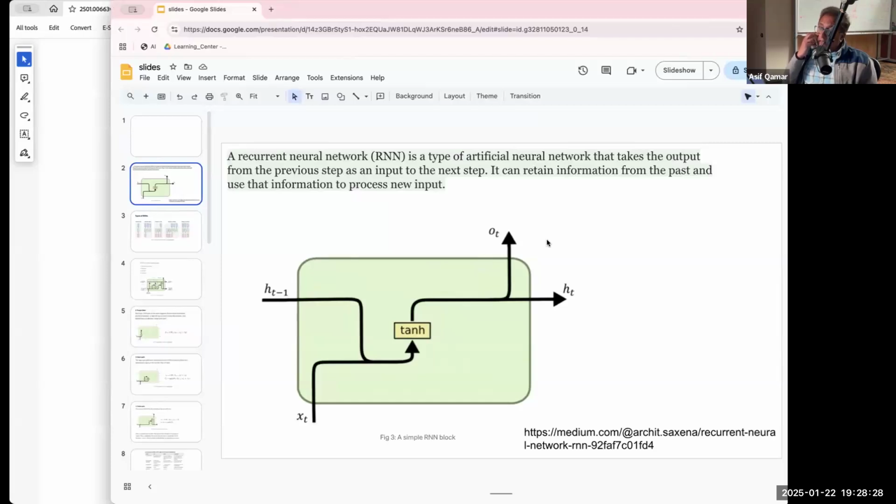So RNN is a recurrent neural network. It's a type of neural network, right? It has recurrence in the sense that the output of this neural module, or neural component, or neurons, is actually fed into the input again. So that's called recurrence, right? And then it also has a hidden state. So these are the key ideas behind the recurrent neural network. It has a hidden state, it has an output, and it feeds into itself or to the next layer. That's called RNN.